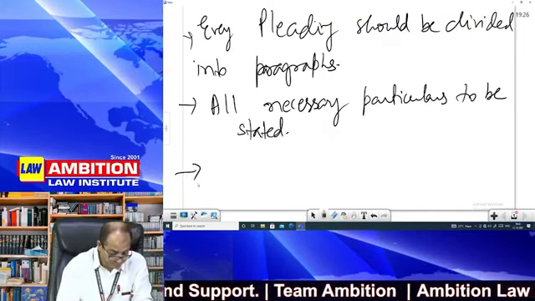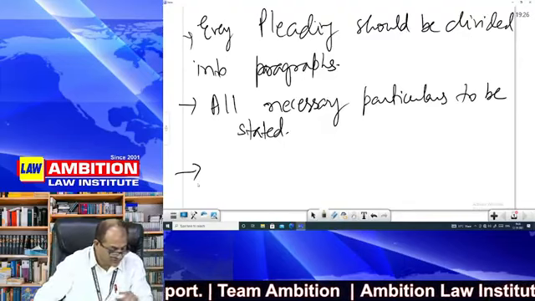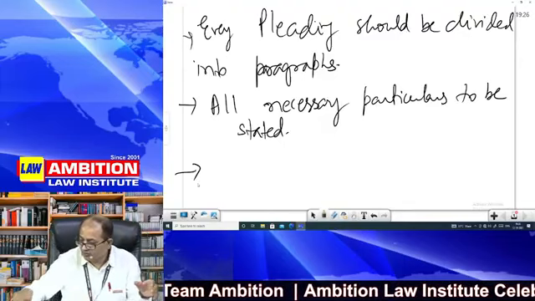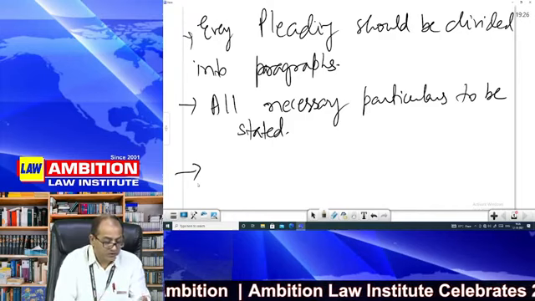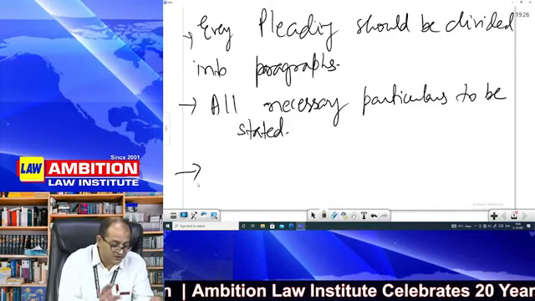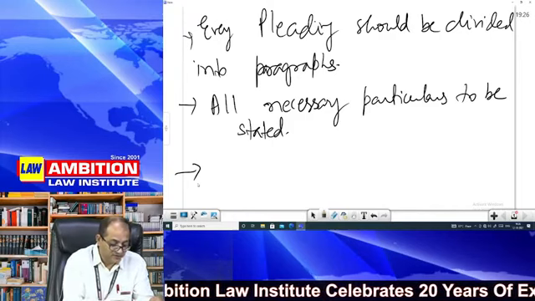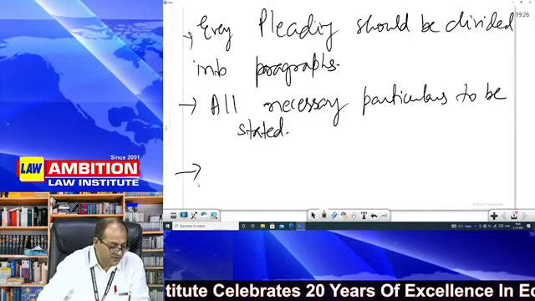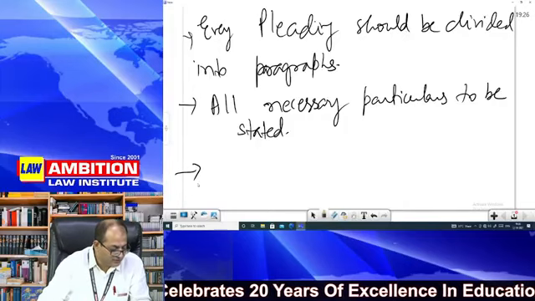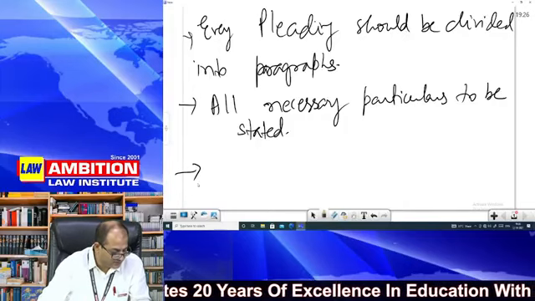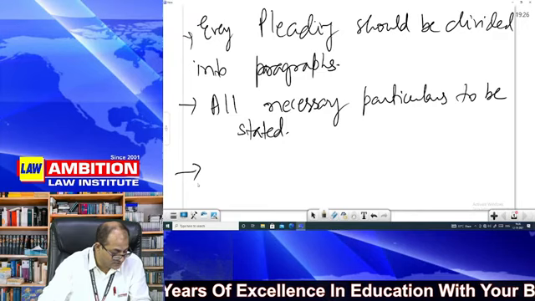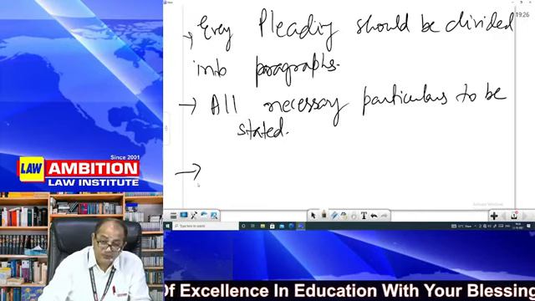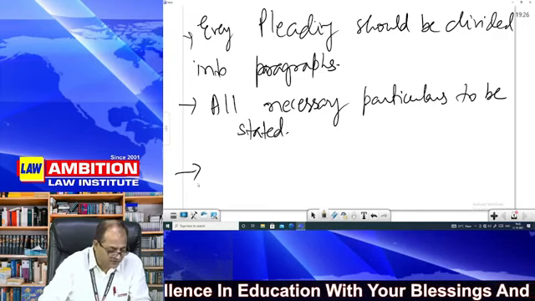Now see, on this point you can see Order 6. The pleading is there in Order 6, so we should begin from here. अभी मैं सारे rules आपको नहीं बताऊंगा, मैं आपको बहुत basic बात बता रहा हूँ. Order 6 Rule 1 says pleading shall mean plaint or written statement. Pleading to state material facts, not evidence. See, Order 6 Rule 2 I am reading. You can see your bare act as well.